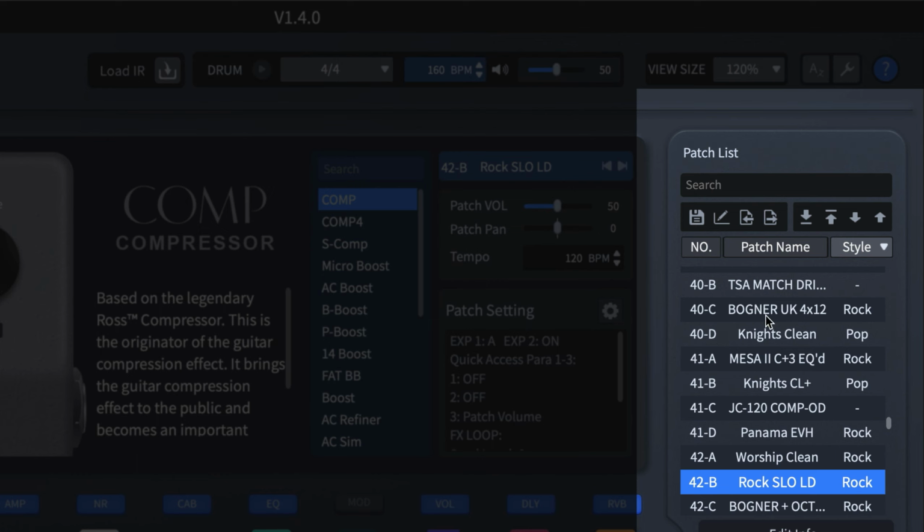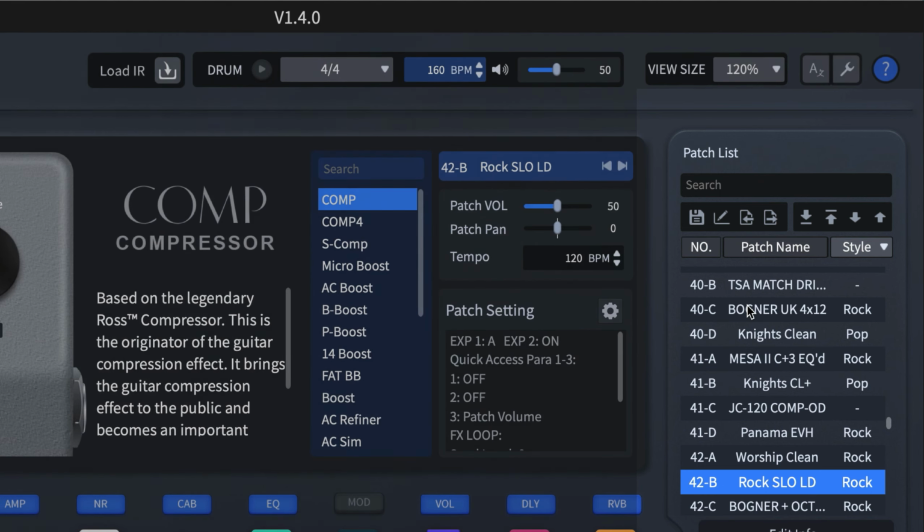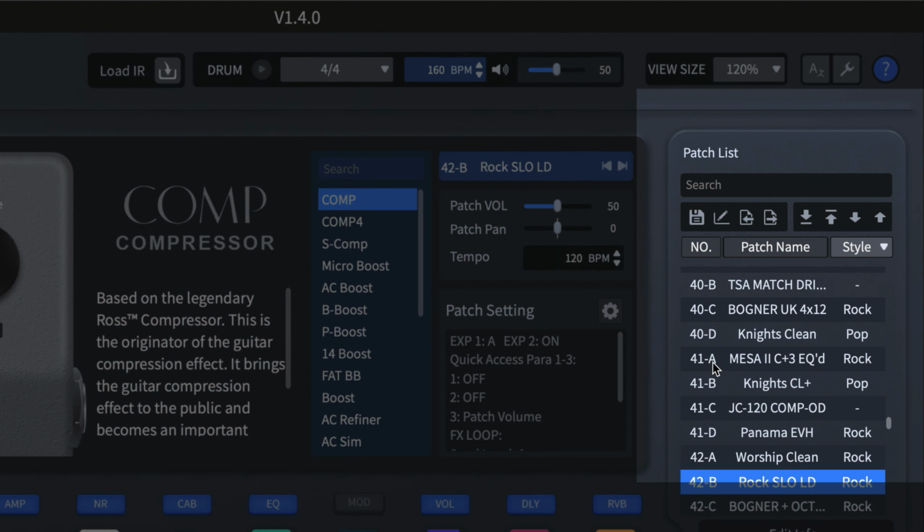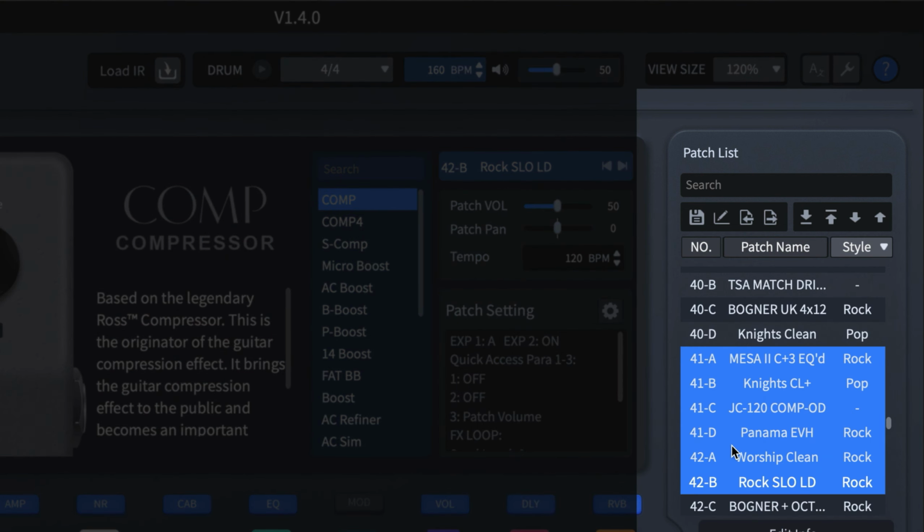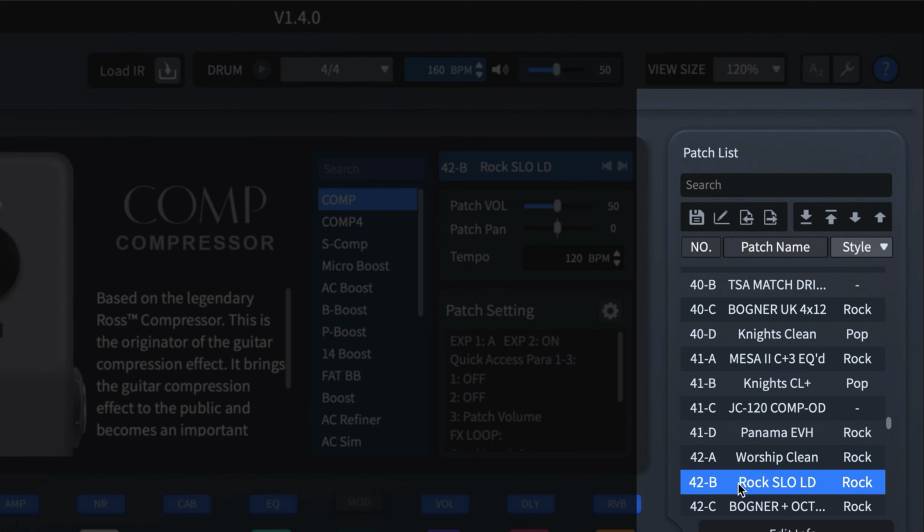So when I add the Shift, I then select the bound to which I want the presets to be exported, maybe from 42B to 41A. Realize it selects everything. So if let's say I want to select individual ones, maybe this one and that one,